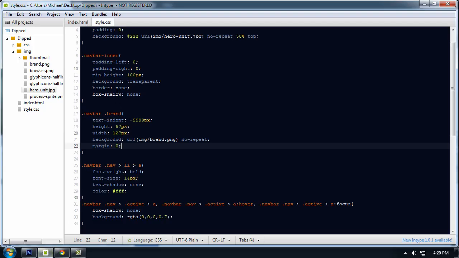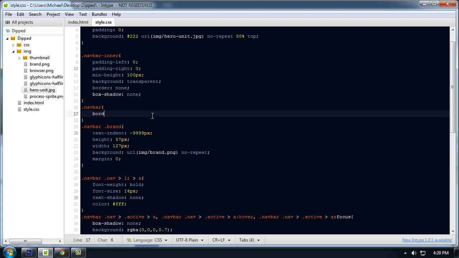And for the navbar, copy that. You can add a border bottom, 1 pixel solid RGBA. This time it will be a white one,